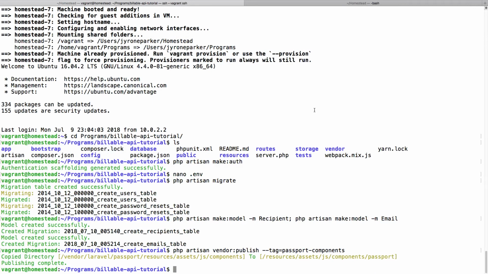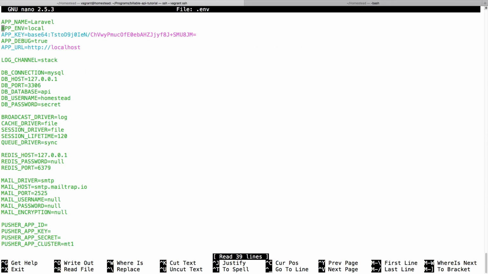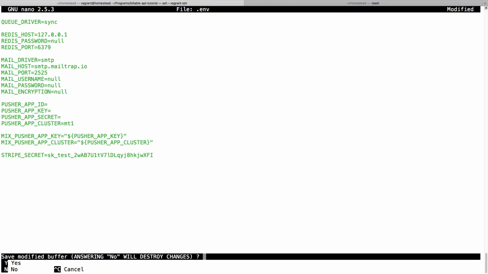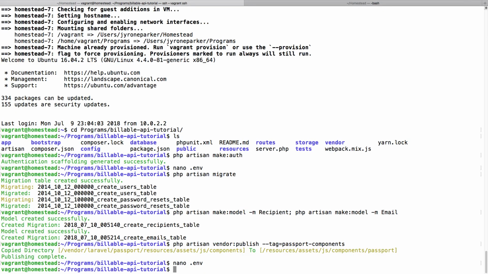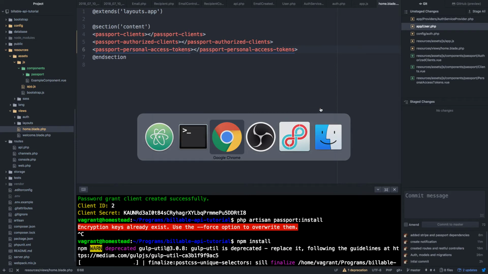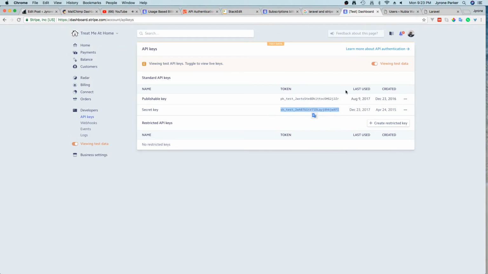Let's go back over here. And we'll go down to the Stripe key. Stripe secret. Okay. And while I'm over here, I'm going to go ahead and just create the